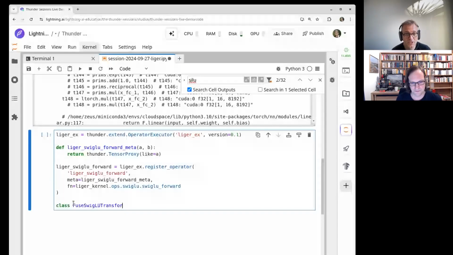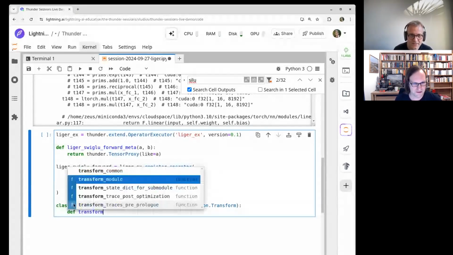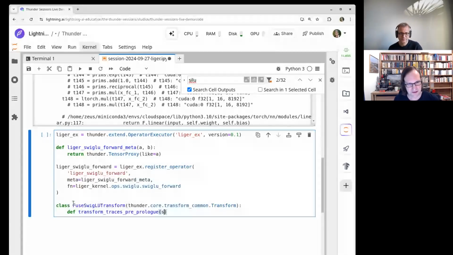All right, so what we need to do is to go into the trace, grab these two operations one after the other. This is reminiscent of what we've done with Matmul and Relu just a couple of episodes ago, and then replace it with our new operation. Right. And so should we type it out again, or should we try to copy paste from last time? I mean, you can copy paste away since we've already done it.